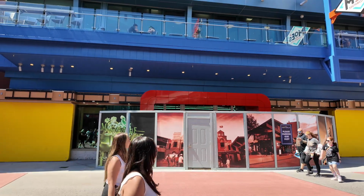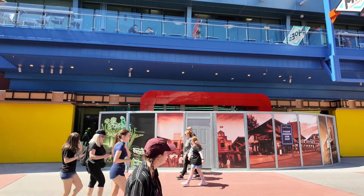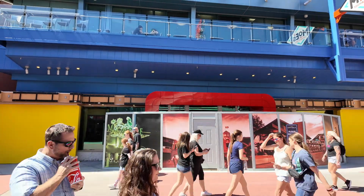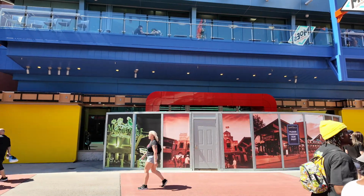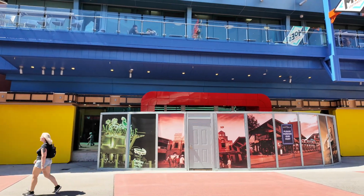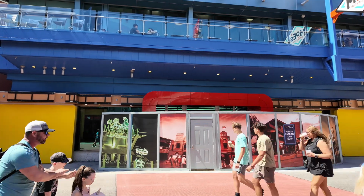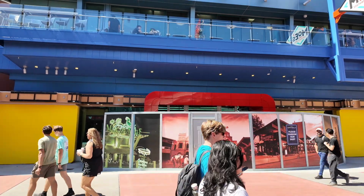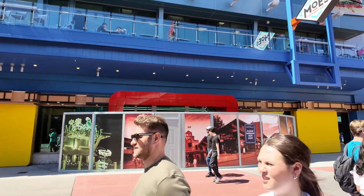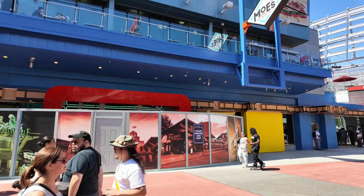Also, before we head into Universal Studios, I did want to talk about some updates at CityWalk, because here at the Super Nintendo store, it looks like the entrance into the store is almost being finished, as we can see some lighting happening, and it looks so cool from the outside. But hopefully we can see the store very soon, as I feel like it is almost close to being done,